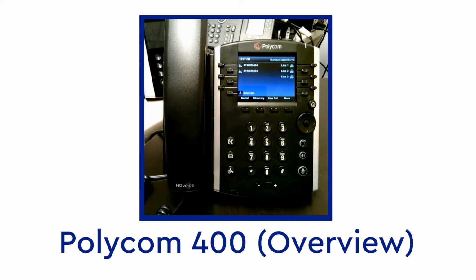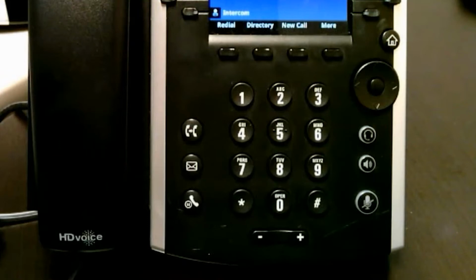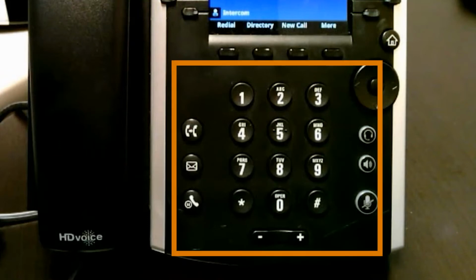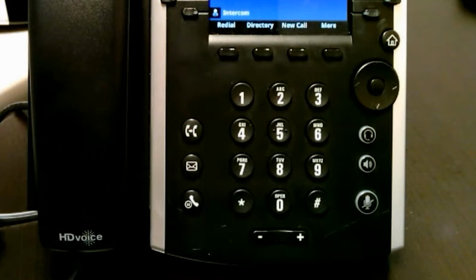Let's get started. On the Polycom phone, you'll see the standard phone setup with the keypad in the middle and 3 buttons on either side. The 3 buttons on the left are the transfer key, an easy way to transfer a caller from your phone to another extension or party. The voicemail key, press this key to listen to your voicemails. And the hold button, used to put a caller on hold while searching for relevant information or another party to